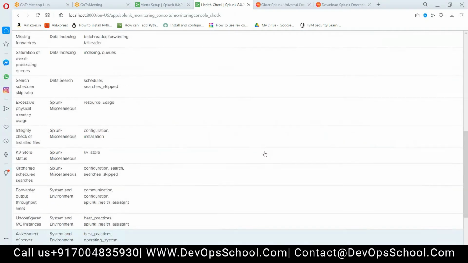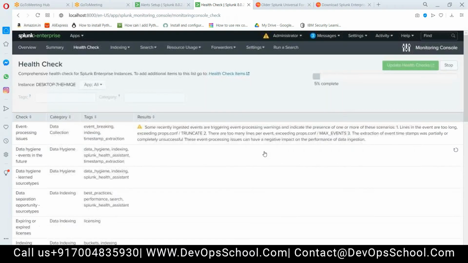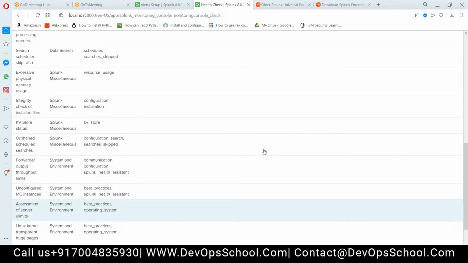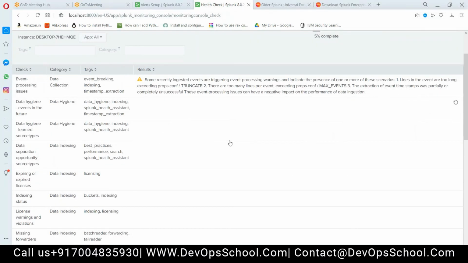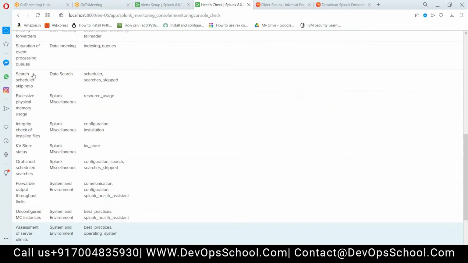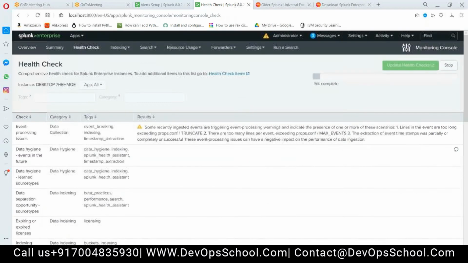Is it also checking for SIM compliance, like if the data is in compliance with the Splunk requirements? There is nothing like that, Pat. What is the exact question? Oh, you were talking about the errors, whether it will show an error related to the Splunk that is running, not the data and other things. It is related to Splunk only. Okay, that's what I was trying to understand. That's what it is.